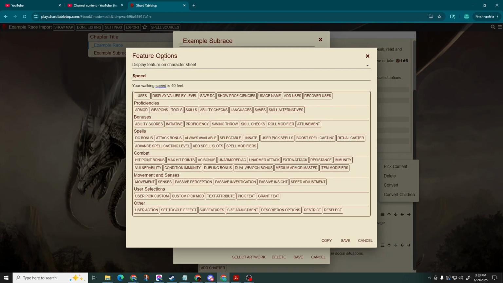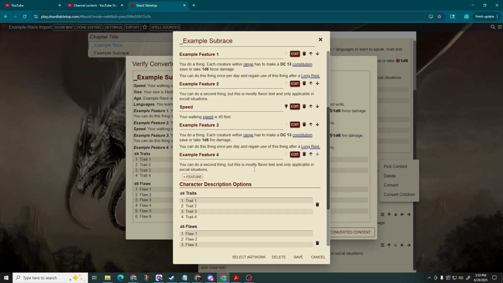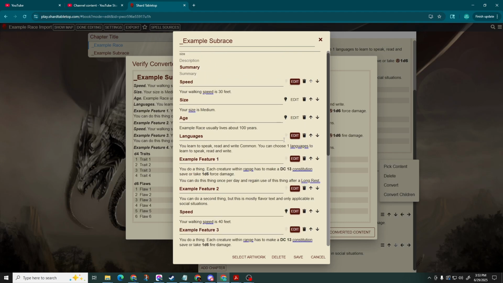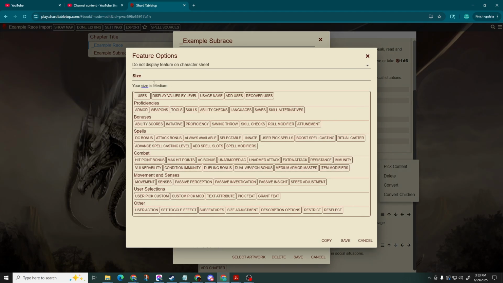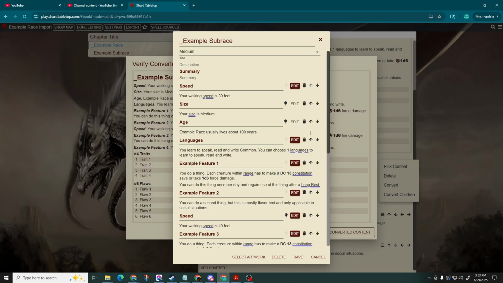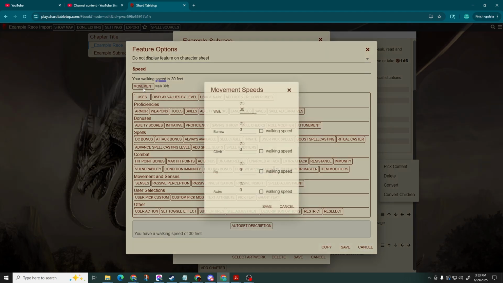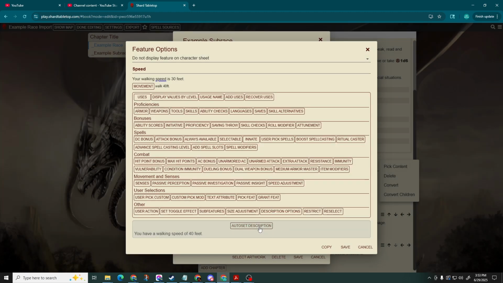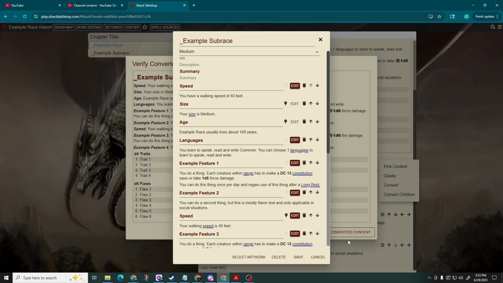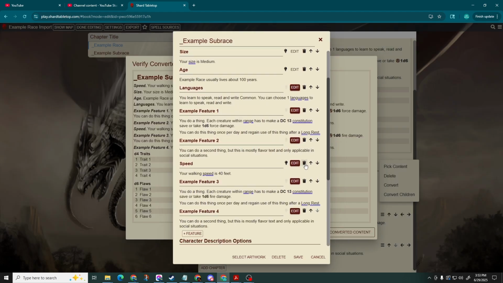You notice it did not pull the information properly, and that is because the base race has that's size, not speed. The base race has the one set up, so Shard's not going to give you two separate speeds. So we'd want to come here and just say set that to 40, because we're saying our other one's going to be that, and then I'll just change the description like that, save it, trash that one,